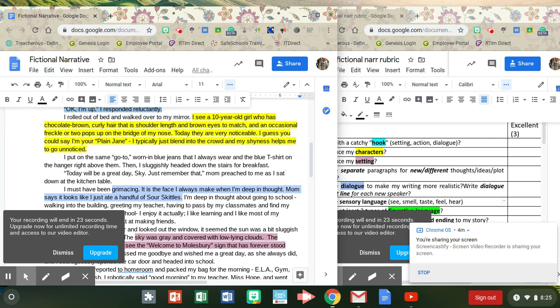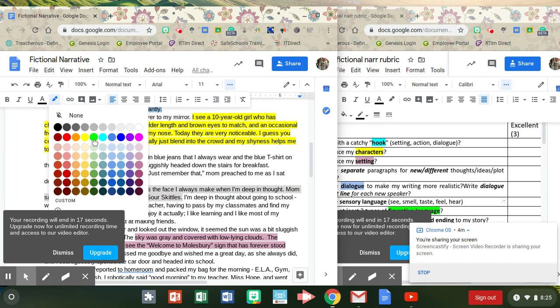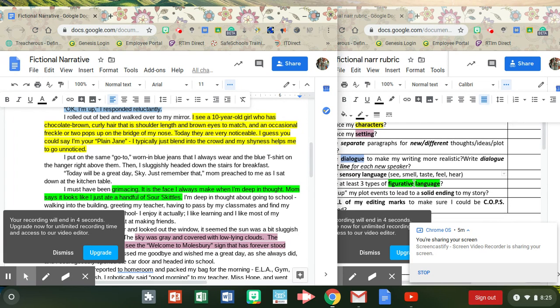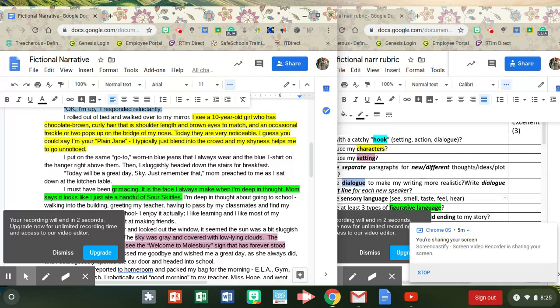So it's comparing the face I'd make eating sour Skittles to the face I would make when I'm deep in thought, which is kind of like a sour, like a smirk. Well, you know how you would look if you were eating sour Skittles. All right. So as you go through, again, I think this is the